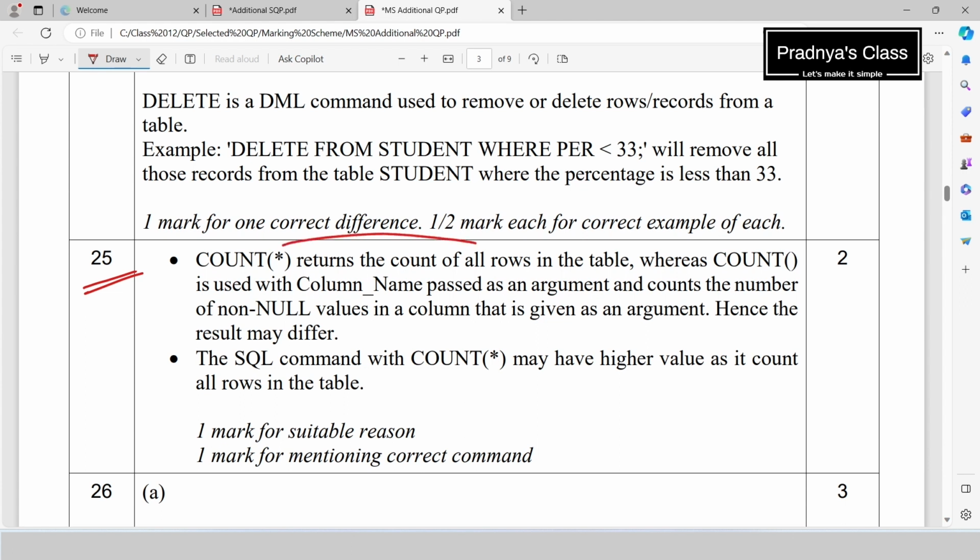Count star returns all the rows in a table, whereas count function is used with the column name passed as an argument and counts the number of not null values. Hence the result will differ. Yes, we know that the result will be different. And there is one more question, which function will give the higher value. As count star will count the null values also, ultimately it will be giving the higher value.